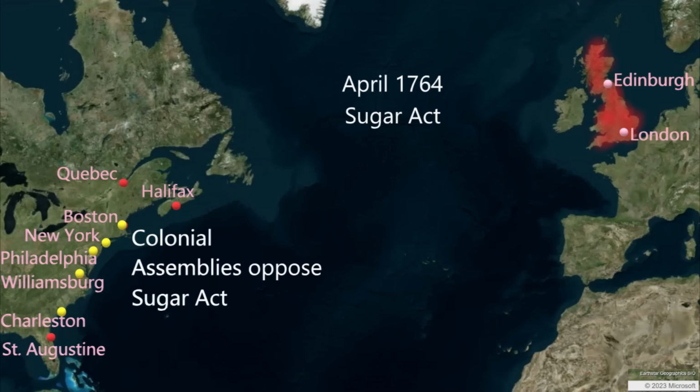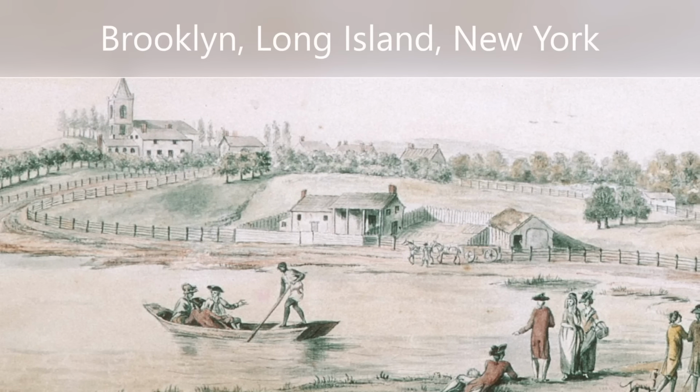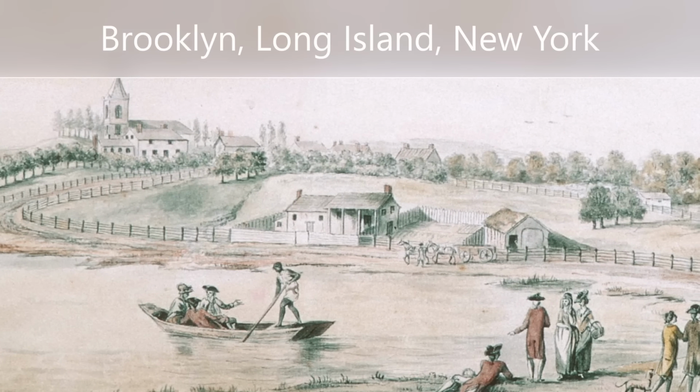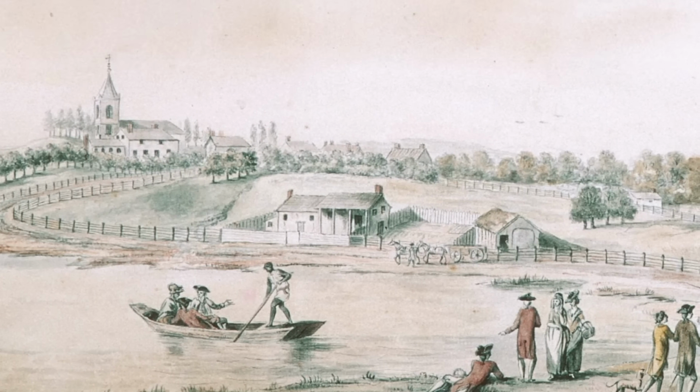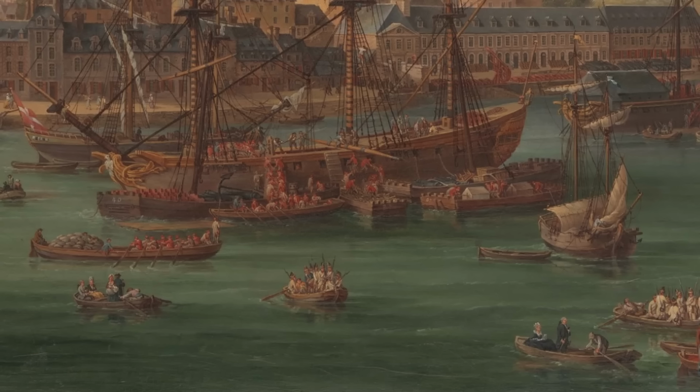Colonial assemblies up and down the seaboard believe that their authority as the representation for taxation has been overruled. Petitions are sent to Parliament. Assemblies in New York and North Carolina communicate to Parliament that the Sugar Act is unconstitutional, referring to their rights within the British Constitution. Now, the Sugar Act started soon after the French and Indian War had ended, meaning that the new tax was levied just as the war economy bottomed out. Thus, many merchants suddenly had fewer customers, while they are also facing tightly enforced duties.